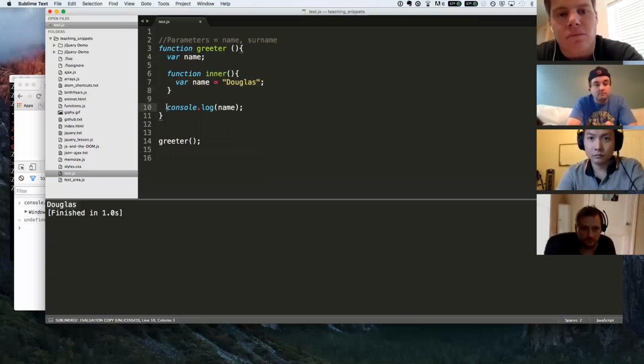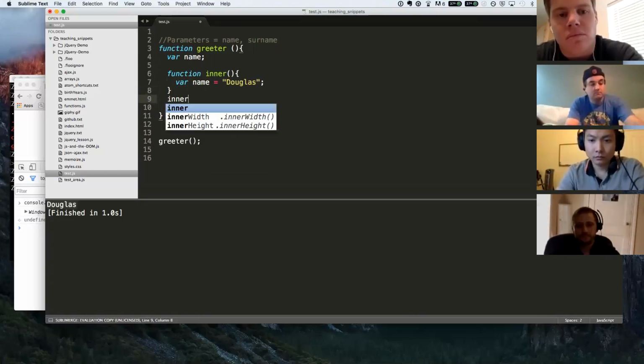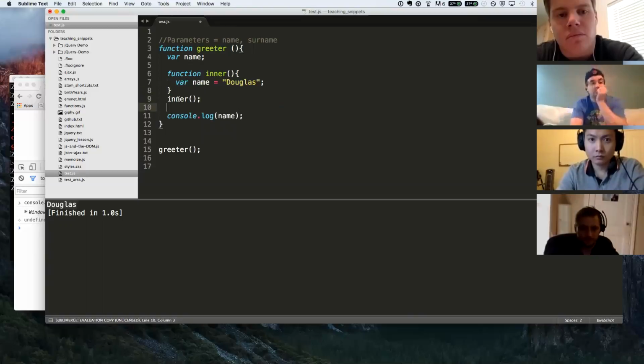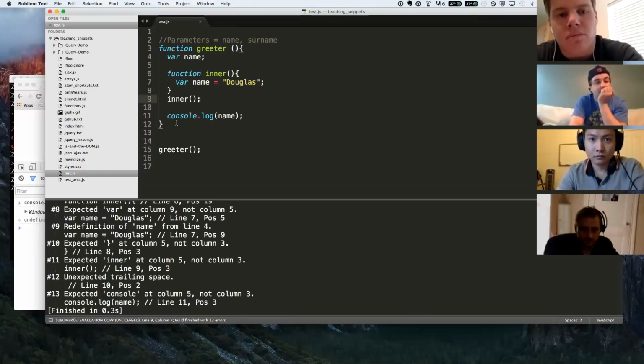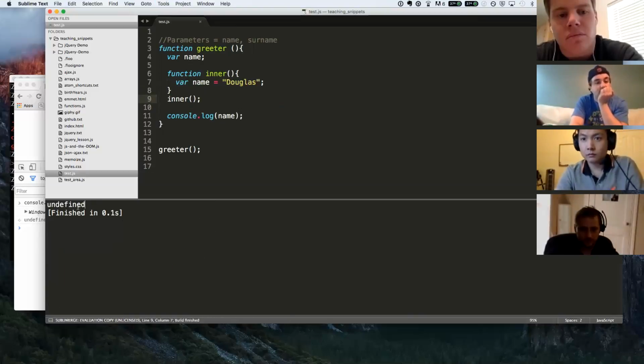And so when we run greeter, it's still going to log out as undefined. One second, I'll also have to execute the inner function for anything to happen. So yeah, still logs out undefined. However, if we remove that var keyword, it would now log out Douglas again,